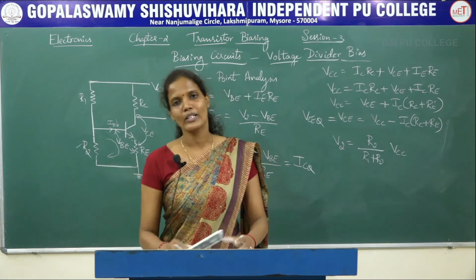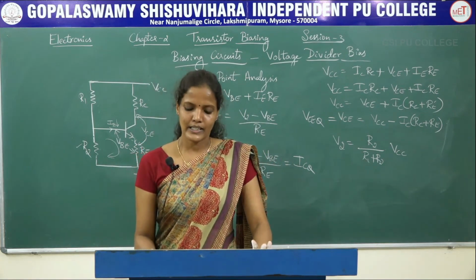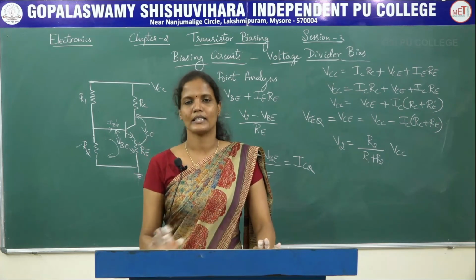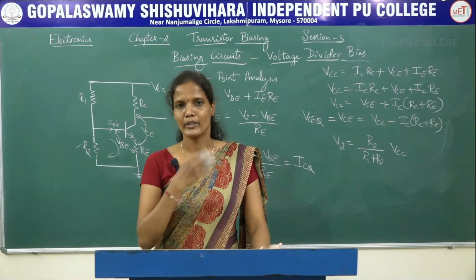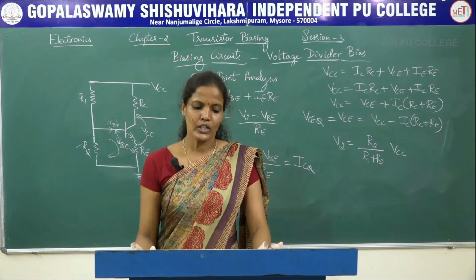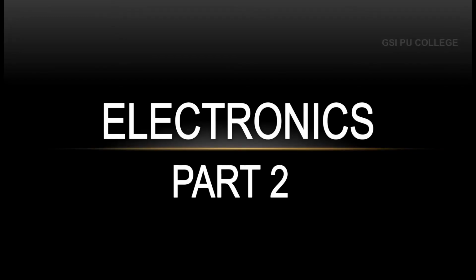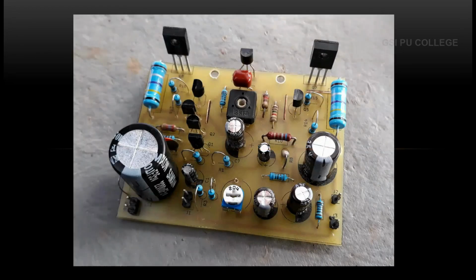This is most frequently used practically because the stability of the transistor using this circuit is more compared to all other biasing circuits. Welcome back to the part 2 of this session. In this session, we will be dealing with SMD transistors. Before that, this is one PCB board which contains a number of transistors. As we have already discussed in the earlier session, the transistor I showed was BC547, which was of this similar type.